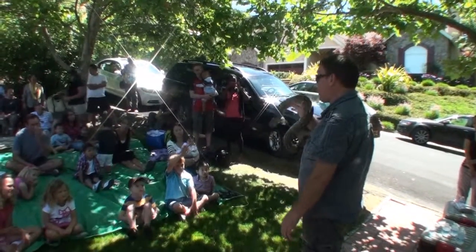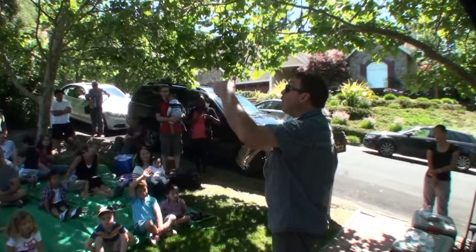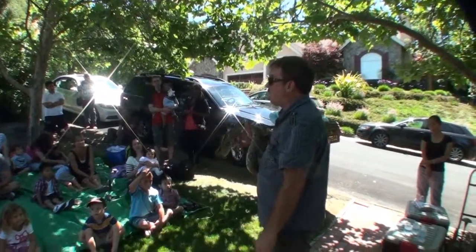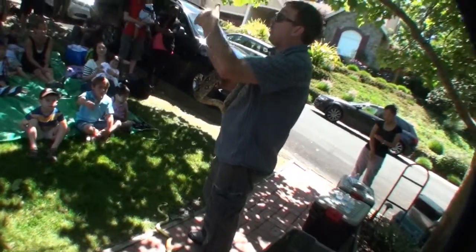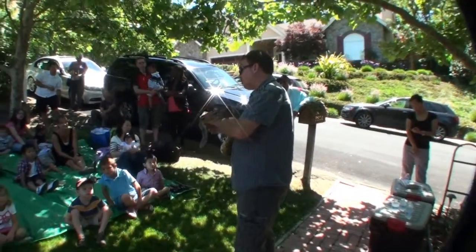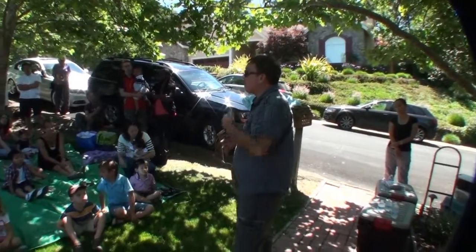Now, when they start getting this size and bigger, though, there's another big issue. They have to go higher on the food chain, adults. You might be giving this guy rats, but you'll go broke doing it. They got to go higher in the food chain. I'll let you use your imagination. I'll leave it at that. These guys do make a good pet, and the one thing I want to mention too about the constricting snakes,